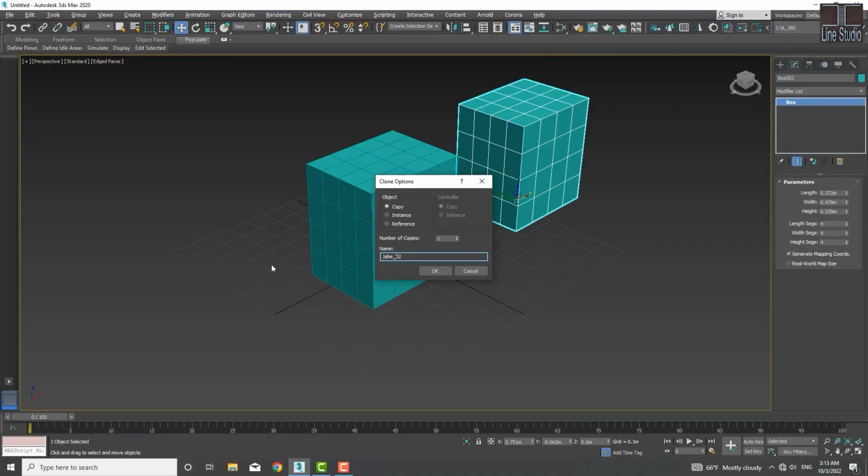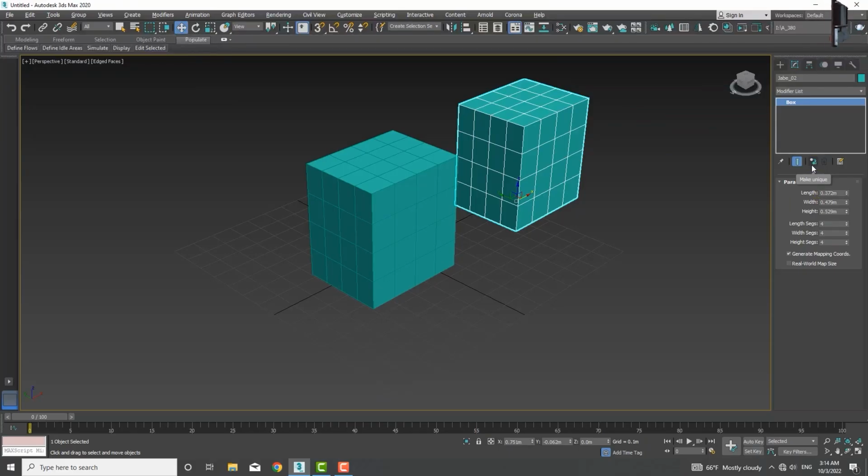What is the difference between copy, instance, and reference? Let me explain instance and reference first. I select the shape, choose instance mode, clone it, and click OK. Now you can see that the Make Unique option has been activated. As I mentioned in the previous session, when we copy in instance mode, Make Unique becomes active,